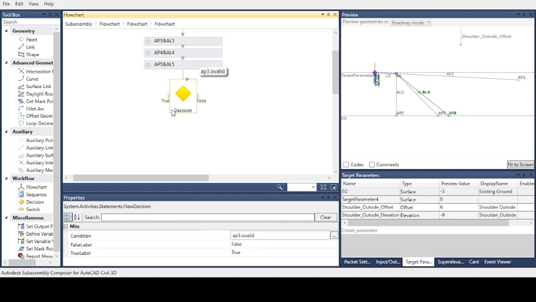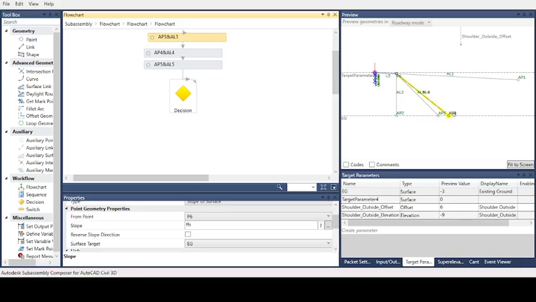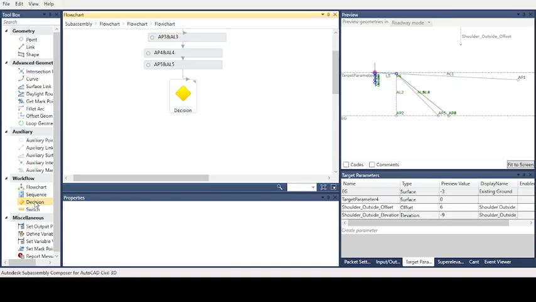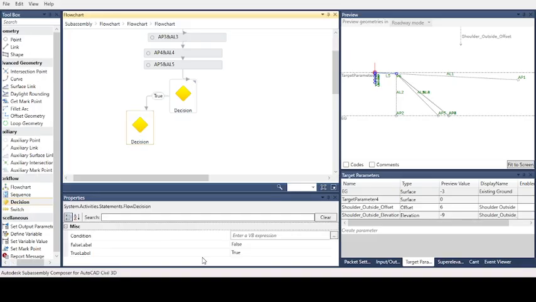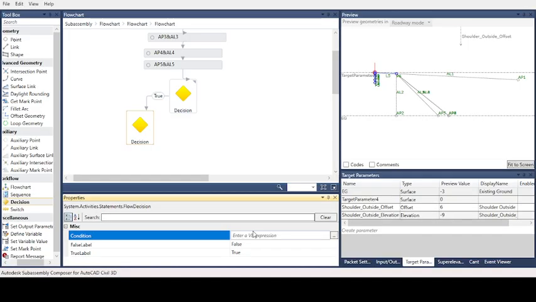Okay, this is where we make a decision. This decision is if AP3 is valid. Here is AP3. If this is valid, we will make a decision from the toolbox. The condition is we will compare P6.y and AP3.y.